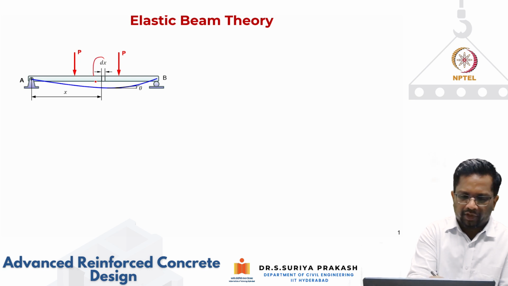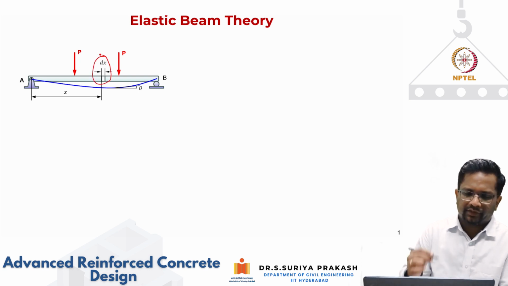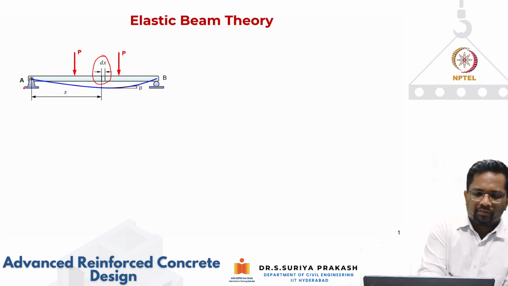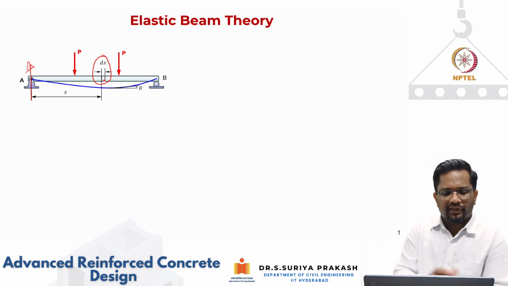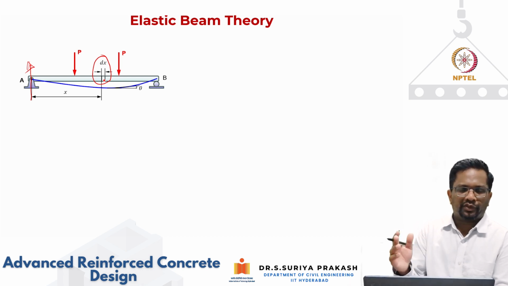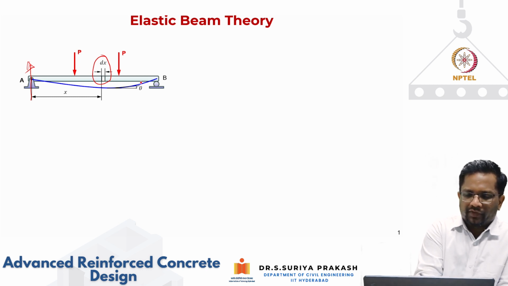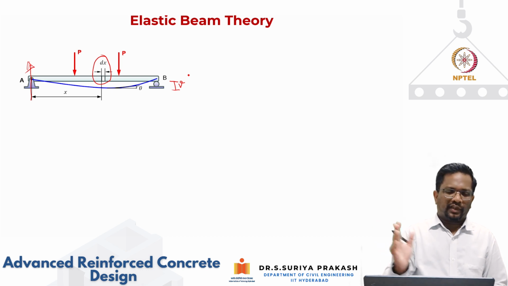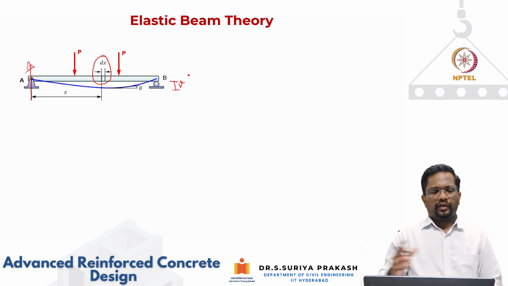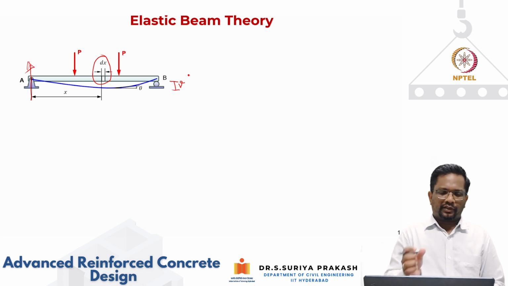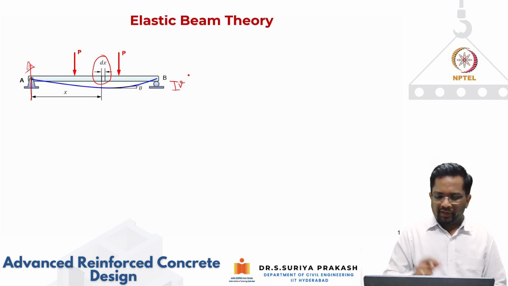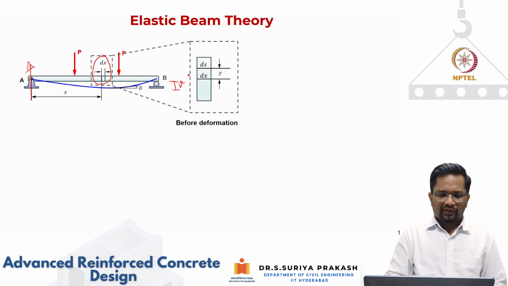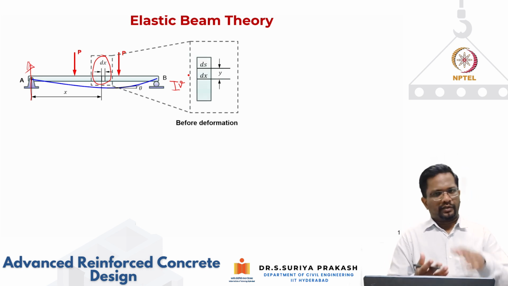If I take a small elemental length, which is dx, and I'm also saying that my reference axis is x. I'm taking this small elemental length dx at a distance of x from the left support, which is my origin. And we are going to write this deflection as v. So if I write this deflection as v and my reference x-axis at the left support, and then I'm taking a small elemental length dx at a distance of x from the origin. Then if I blow up this section, and it's a rectangular section,